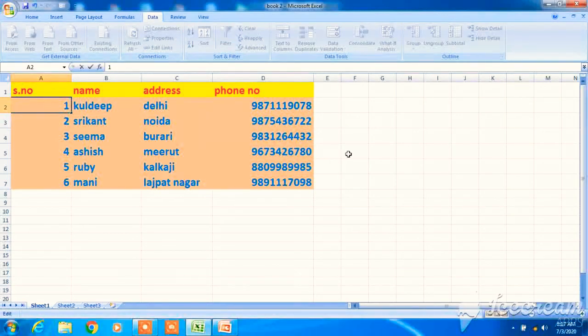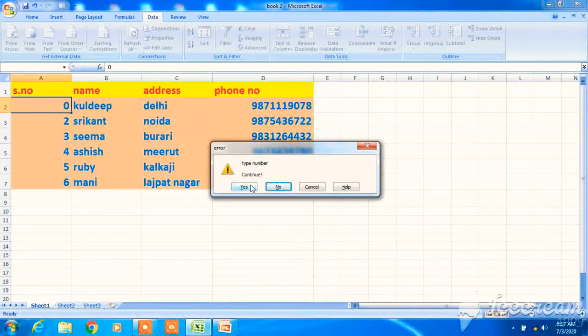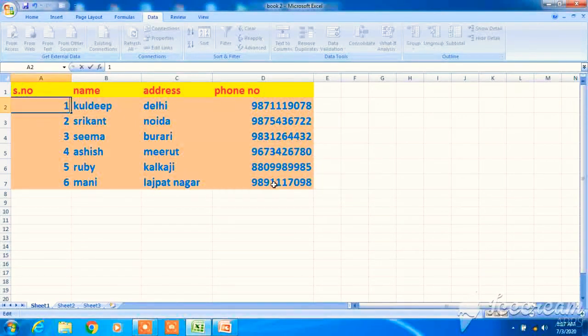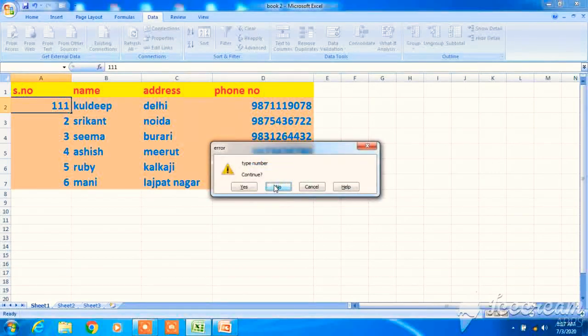One more thing I need to discuss. See, in that I have skipped 0, right? 0 should not be taken in serial number. So if I write 0 here, it will again show the warning sign, right? Or if you write any number greater than 10 here, it will show the warning sign.